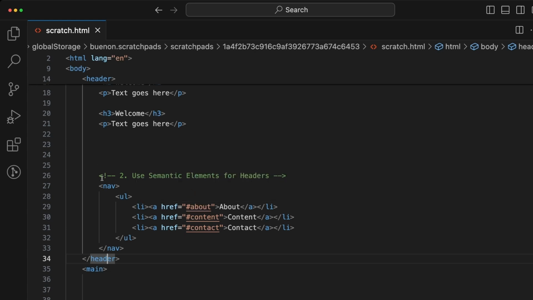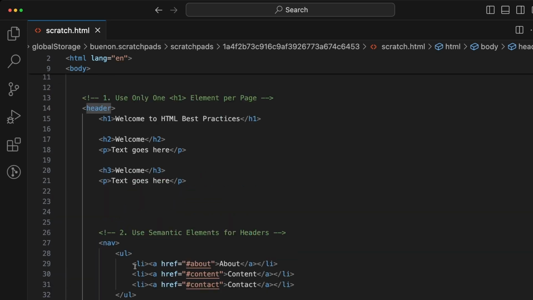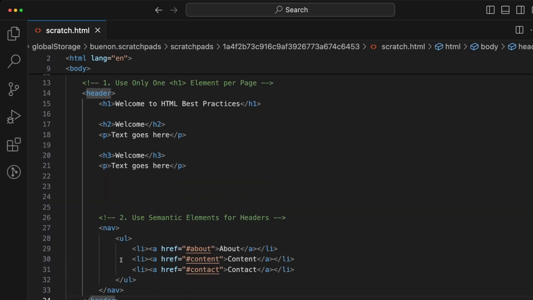Now, in accessibility terms, sections of your websites are considered as widgets. So the header is a widget. If you give it a very semantic name as header, and if you give your navigation section a semantic name nav, it becomes very clear to the browser and very clear to the screen reader what you're actually showing, what the user is actually interacting with,